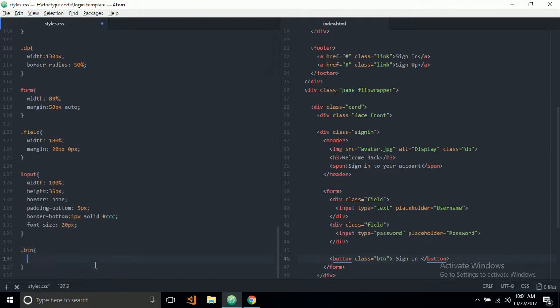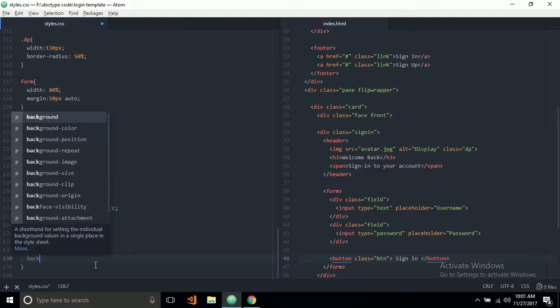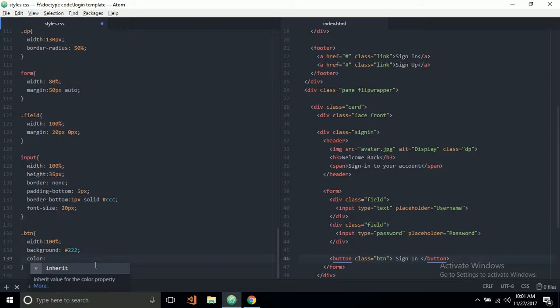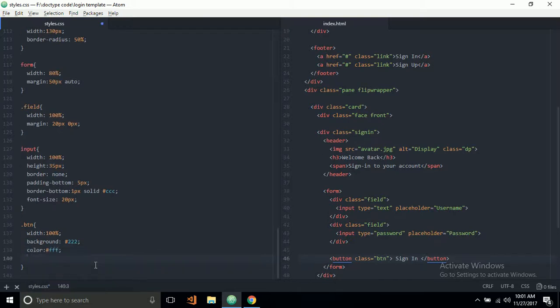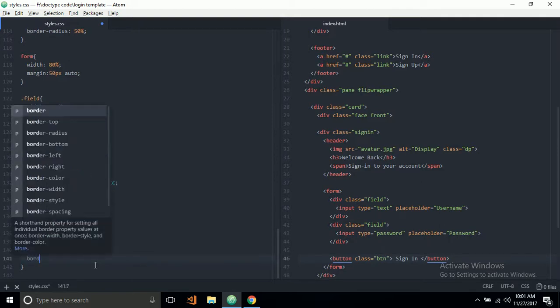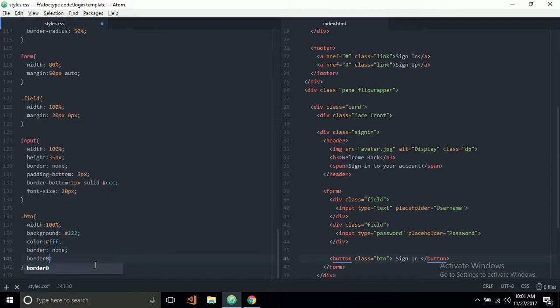So for button, width of 100% and a background color of let's say, I don't want it to be completely black, and for the text I want to make it white, and for border I don't want any border on this, so none, and I just want to give it a border radius of 5 pixel